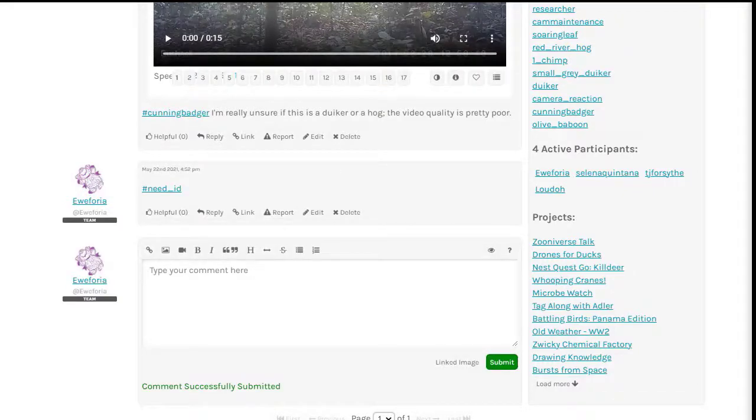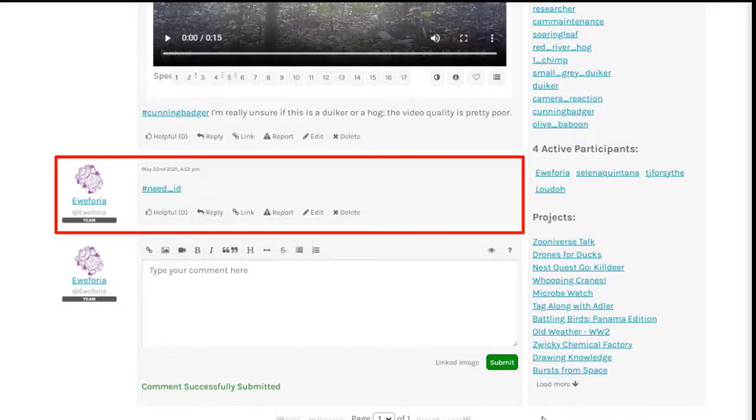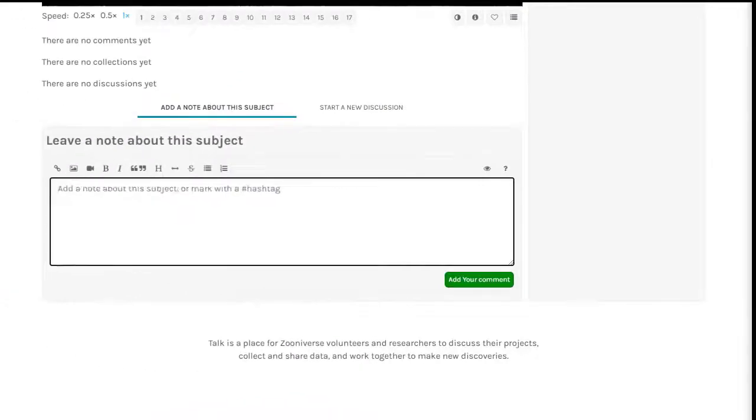But make sure that the need ID tag is by itself in a separate comment. What happens if you don't put the need ID tag in a separate comment, and instead you put it in the same comment as the rest of the tags you've entered?